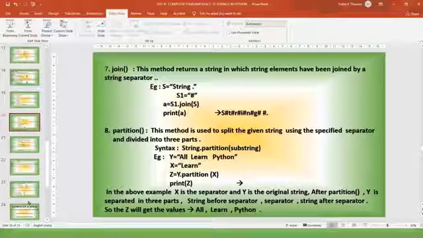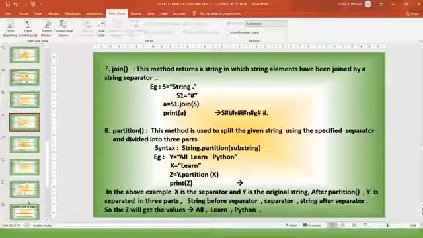And the next one is partition. It will partition or split the given string using the specified separator. See that one example is written there. "All learn Python" is a string, and I have written y.partition(x). Y is the original string, x is the substring.